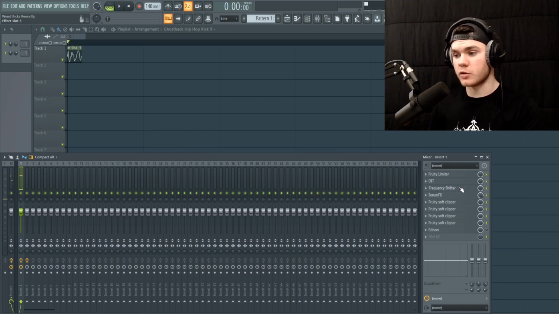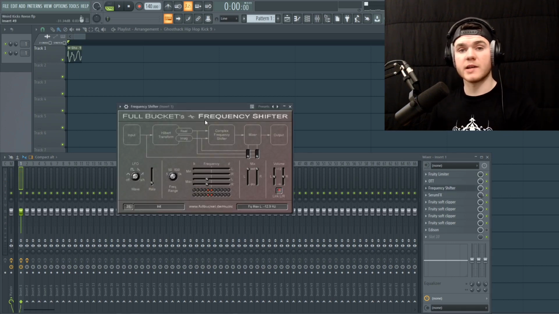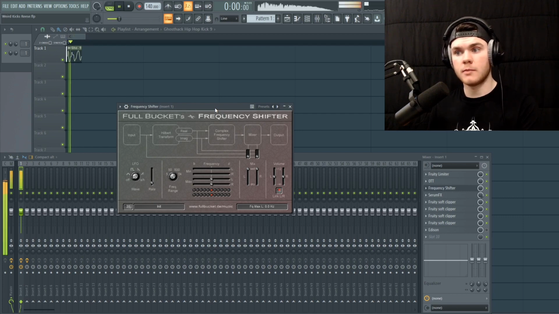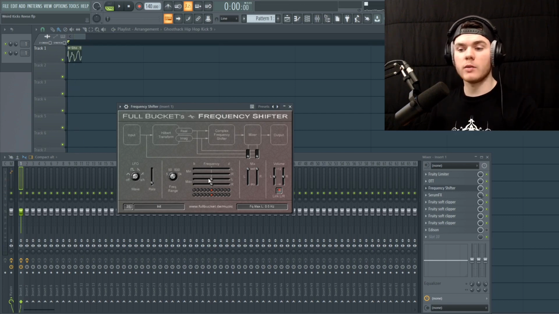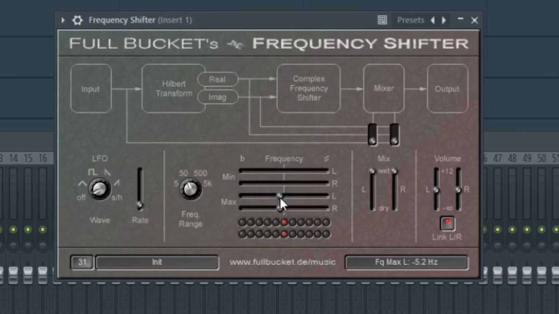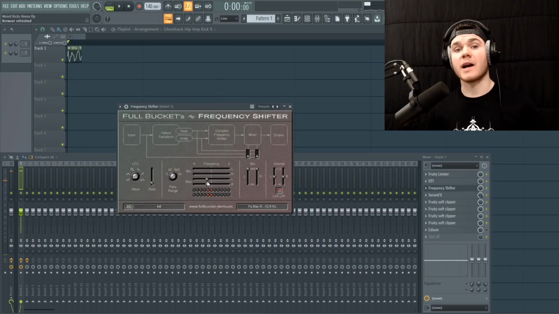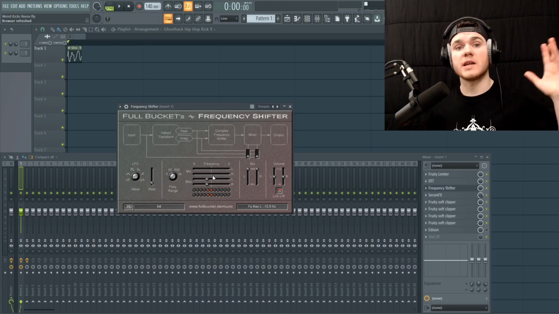And now if we go back to this frequency shifter, we can really hear the wobbling that's going on here. So let's bring this back up to 0, and we can hear that there's no wobbling. It's just the same thing the whole time. And now let's move this guy down so we can hear a little bit of the wobbling that it's doing. Now it has motion, and I liked it at 12.9. You can move this around. I might even automate this, you know what I'm saying? But that's just a good way of controlling the speed of that sort of Reesing